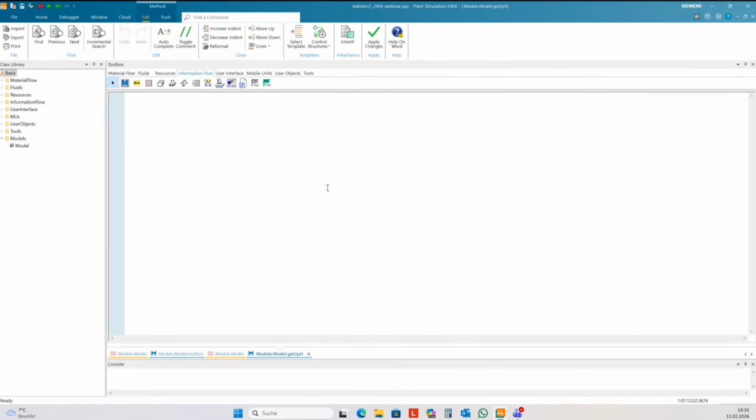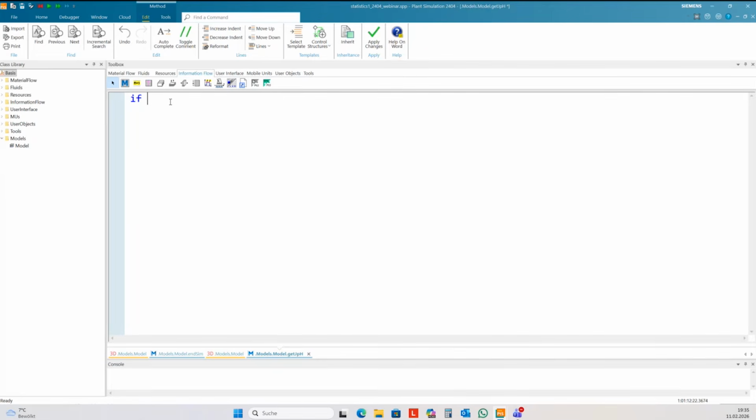And the calculation is quite easy. I need to consider the reset time of the event controller, because I have set a statistic reset time, and I need to collect the data after this time.